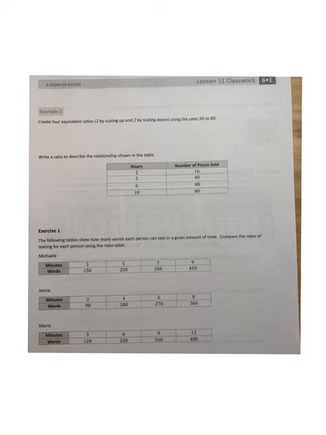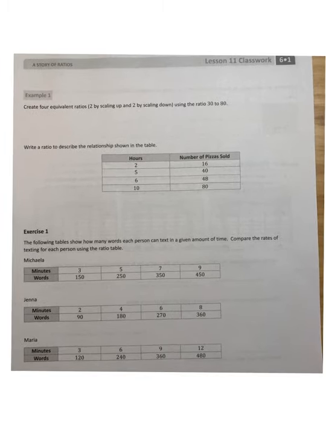But the first part says, the first example, and this is in your math book, this is page 107. It says create 4 equivalent ratios, 2 by scaling up and 2 by scaling down using the ratio 30 to 80. So, scaling up, the first thing I'm going to do with those is I'm going to,